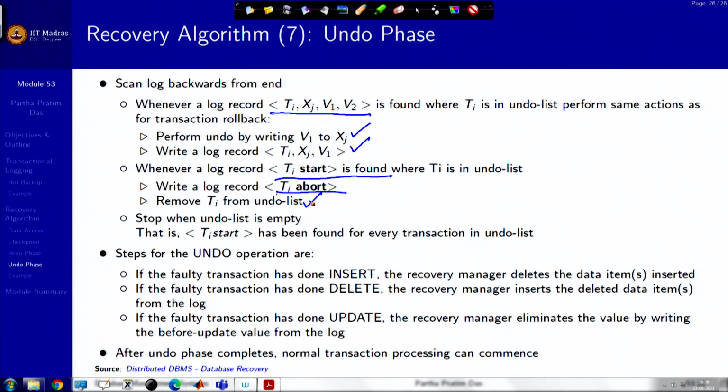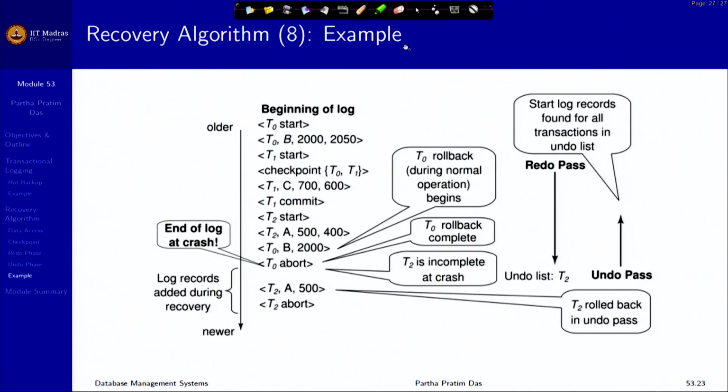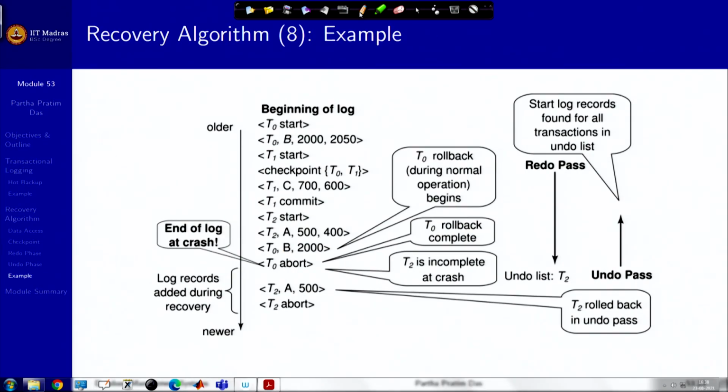Stop when this undo list becomes empty, that is, T_i start has been found for every transaction in the undo list. Naturally, when you undo, for an insert you will have to do a delete. For a delete, you will have to do an insert, and naturally for an update, you will have to reverse. Right? So, this is your basic redo-undo phasing, and if you just go through this example,